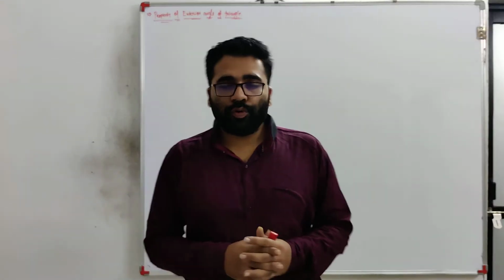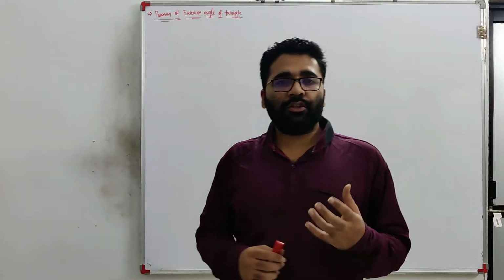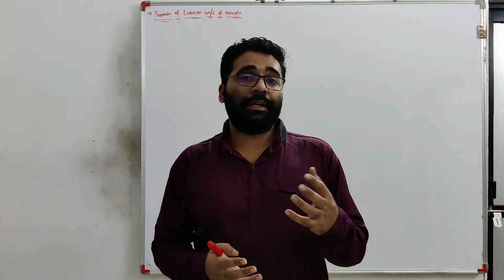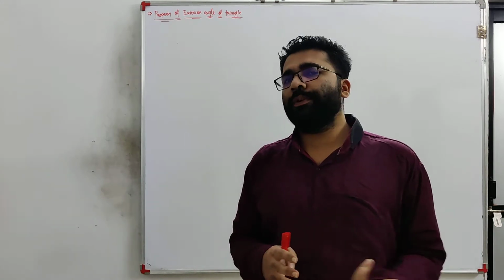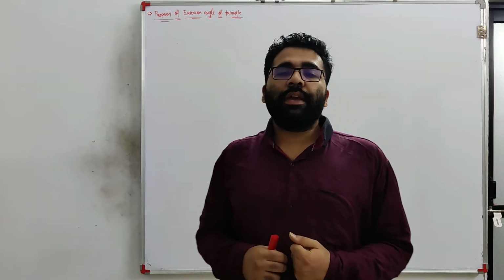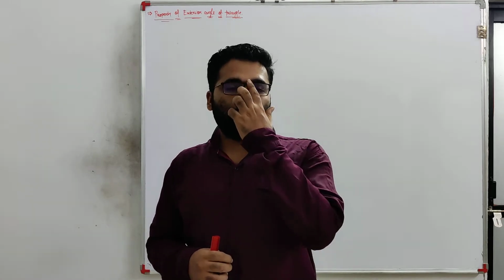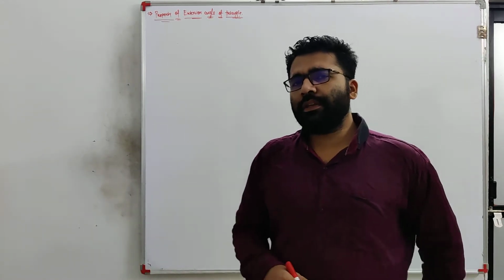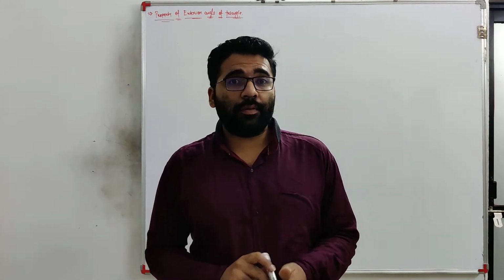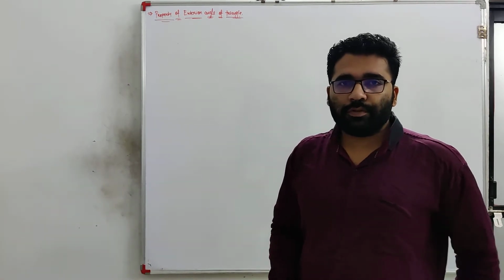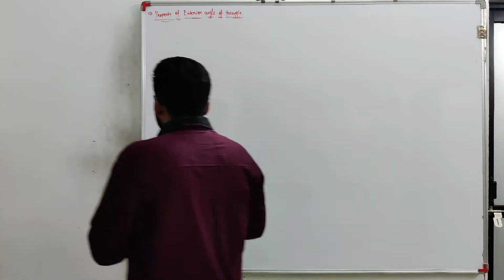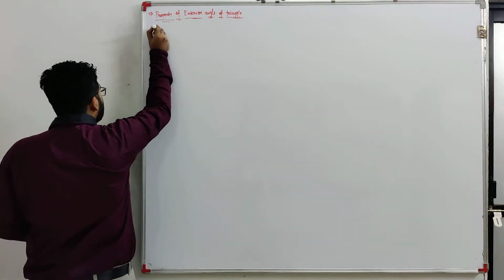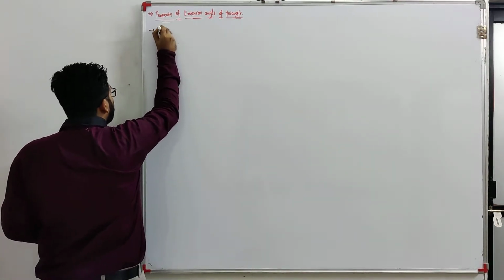Hello friends, so in the previous video I have explained the two new properties of the triangle, that is the median and altitude. I hope you understand it. So today I am going to explain the new property that is called the exterior angle of triangle property. So let me see what is the exterior angle of triangle property and how it is used to solve the questions. So exterior angle of triangle property says that for any triangle,